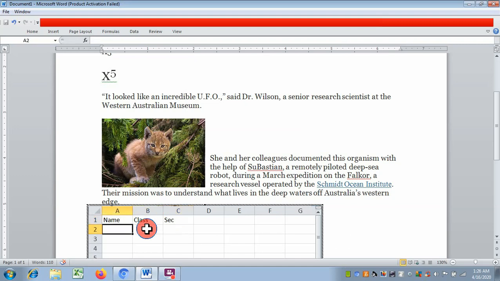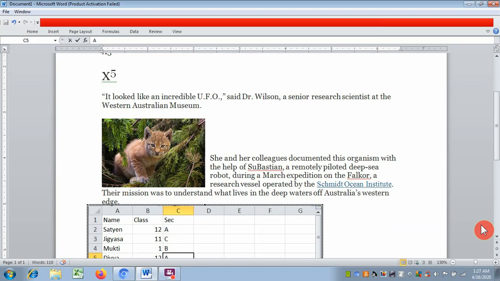Fill some names: class 12, section A. Jigyasa, any name, class 11, section C. Mukti, any name, class 10, B. Divya, class again 12, section A, like this.